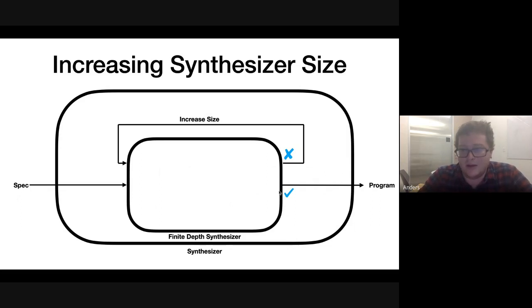And then it'll say yes, and then it'll return it, or it'll say no, and then it'll say, okay, cool, we failed on that. Now let's try it again: is there any program that satisfies it with size 8 or less, 9 or less, 10 or less? And you continue iteratively increasing the size. So this kind of biases towards small programs. And then eventually when you find one at some depth, it'll return it.